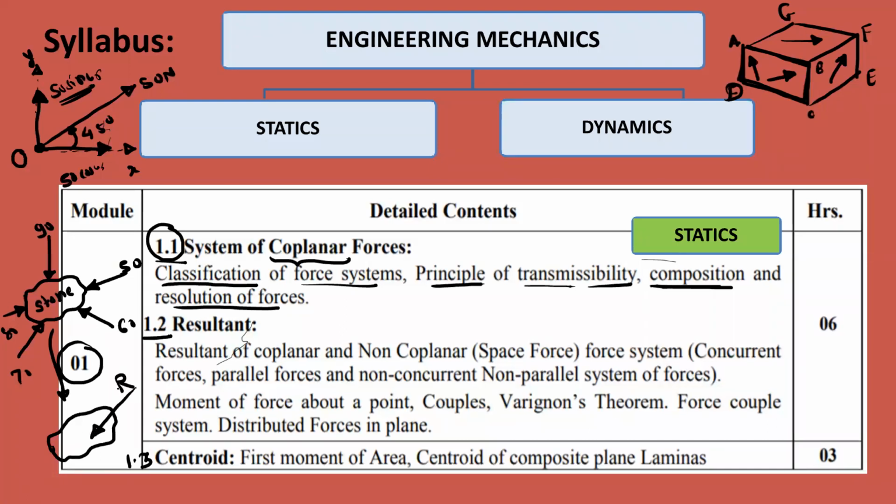So this is called a net effect. That means we are replacing all these 5 forces by a single force. In the resultant direction, this stone will have the motion, or it will have the tendency to move. So this resultant calculation we will discuss in section 1.2. That means we will replace all the forces by a single force. It will have the same effect as that of the original system.